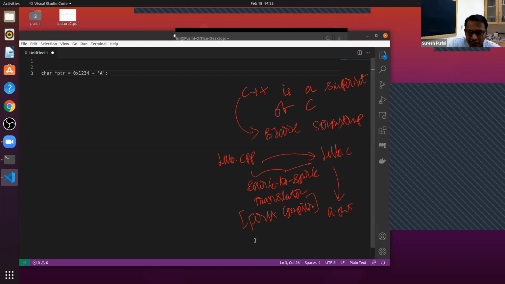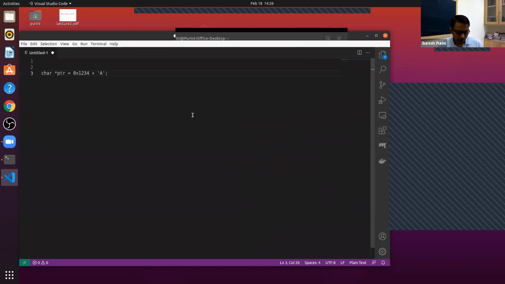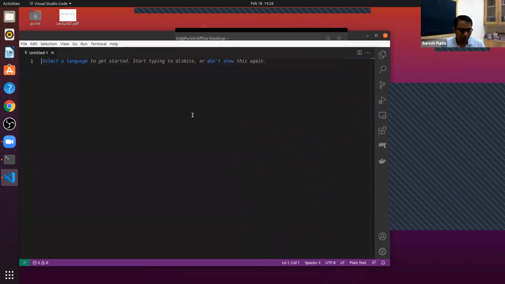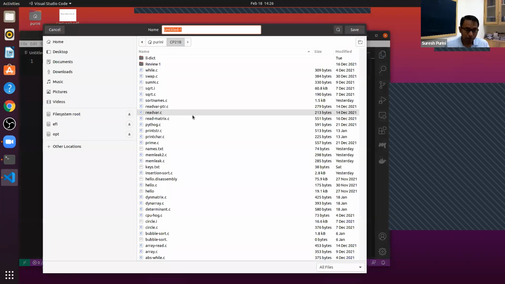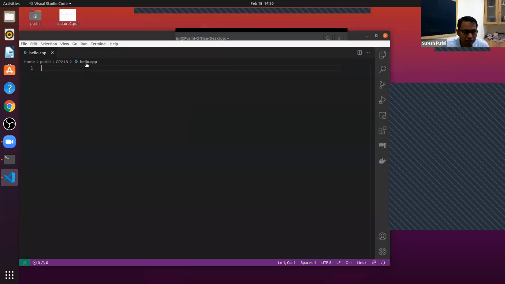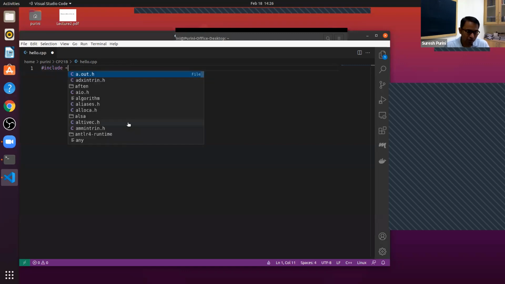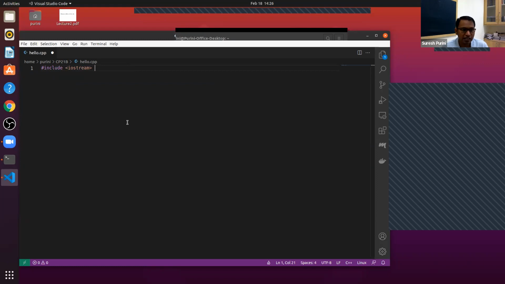Recent compilers translate C++ directly to assembly code. Now let's try to write our first program, hello.cpp. I'm using .cpp as an extension, which indicates it's a C++ program. Just like we use stdio.h, in C++ we have iostream.